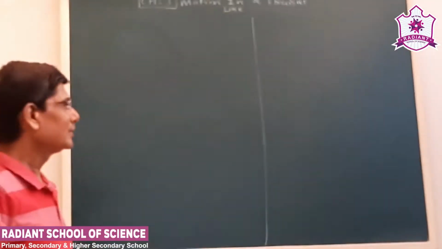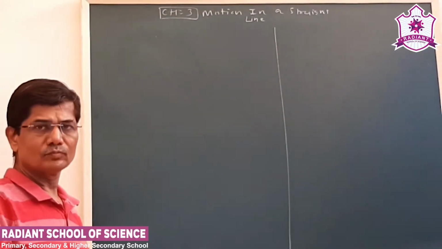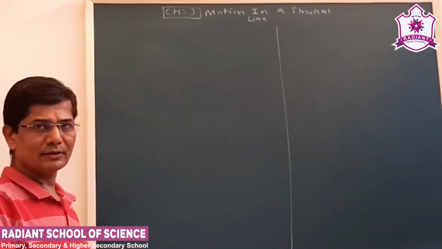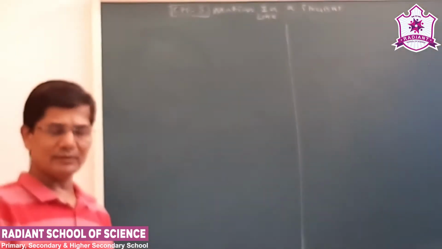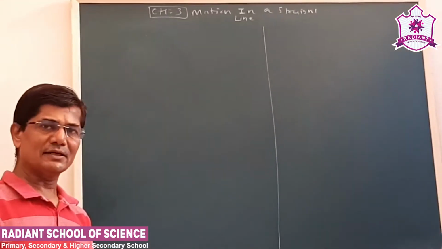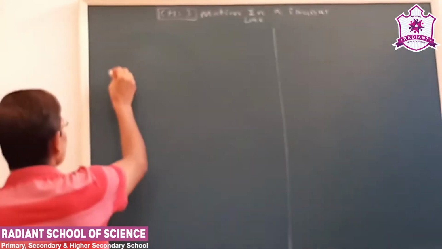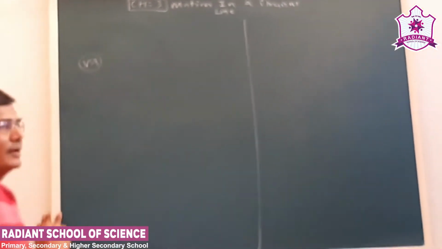Hello friends. Last time we saw the kinematic equations of motion in one dimension using calculus. Earlier we derived them by the graphical method. Now today we take some examples based on this and then we'll proceed. Let us say a simple example. This can be asked in a VSQ or MCQ.